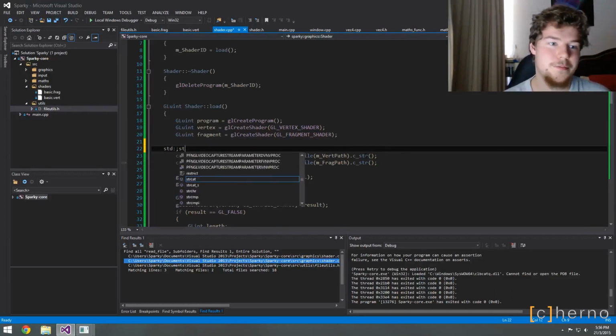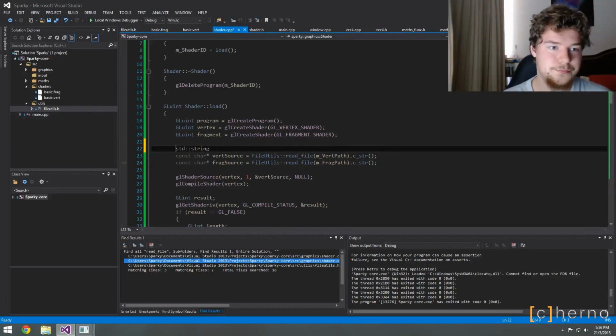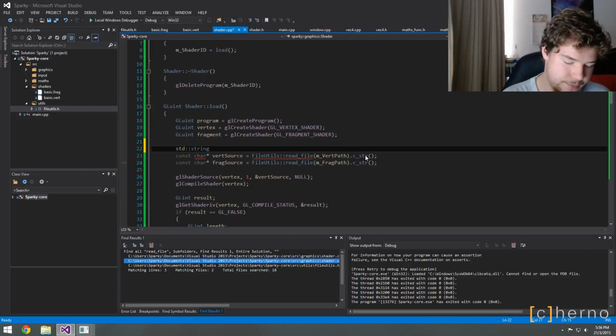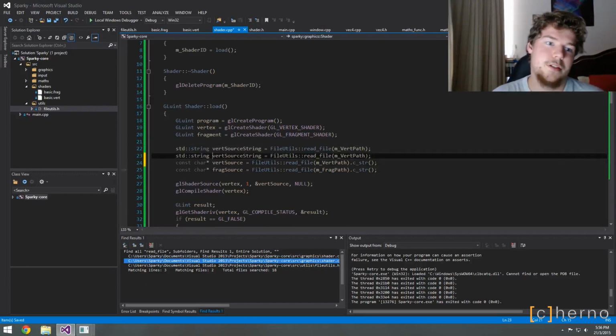Let's properly do this. The problem with this is that it'll get deleted. Or okay, I'll explain in a minute. So, vert source string. Okay, so the problem with this is